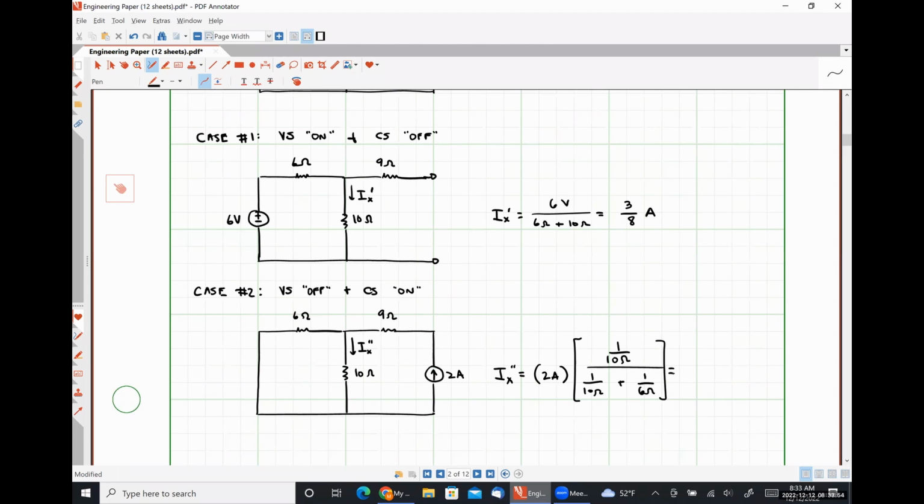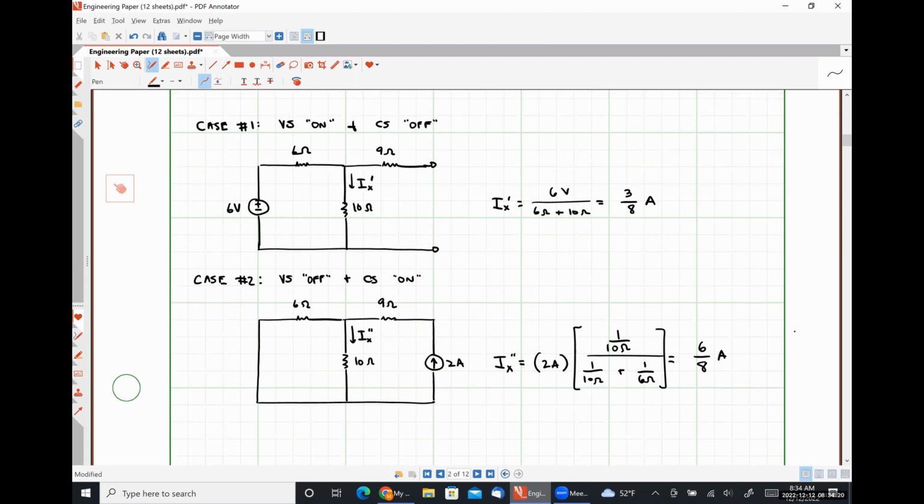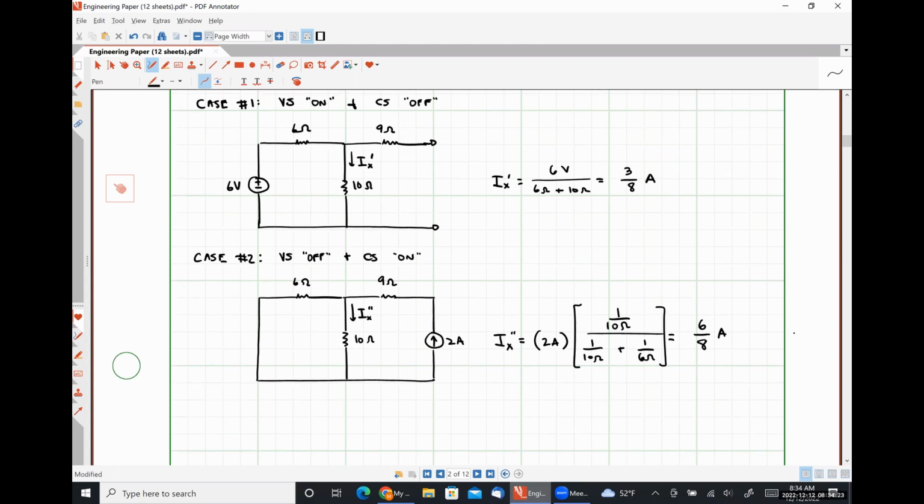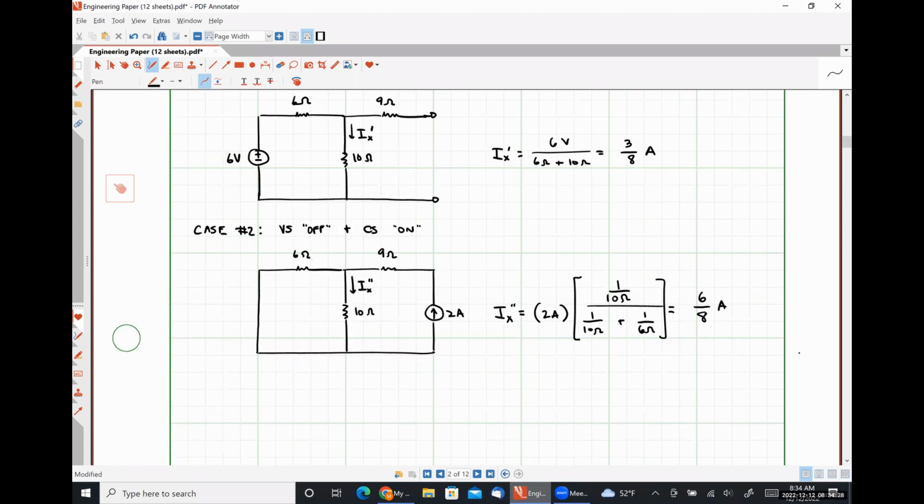So let's see. That's going to be 3/30 over 3/30 plus 5/30, which is 3/8, times 2 is 6/8. There we go. I was doing it right. I was just forgetting to multiply out in front there. So 6/8, by all means, throw it in the calculator if you don't trust my mental math. And now